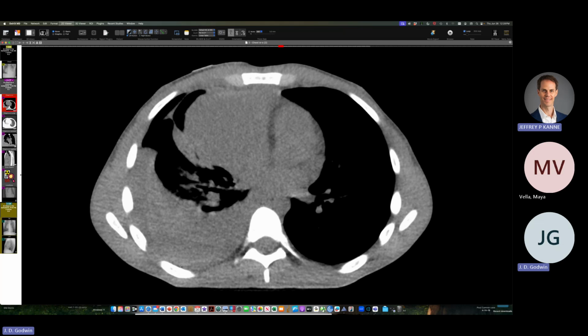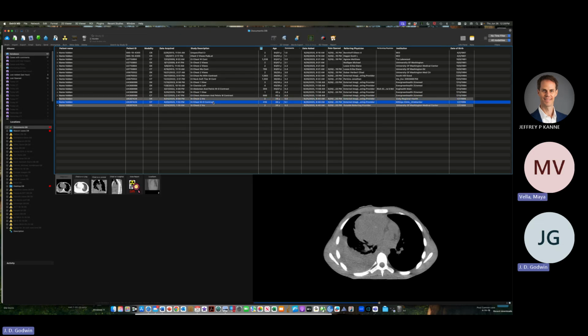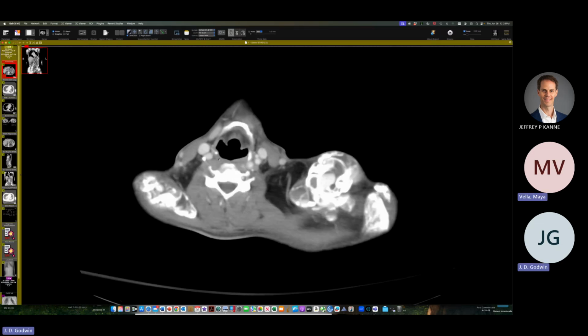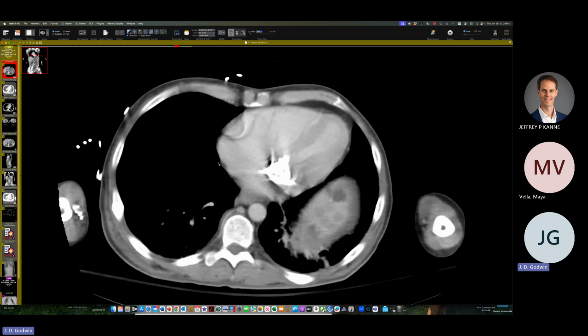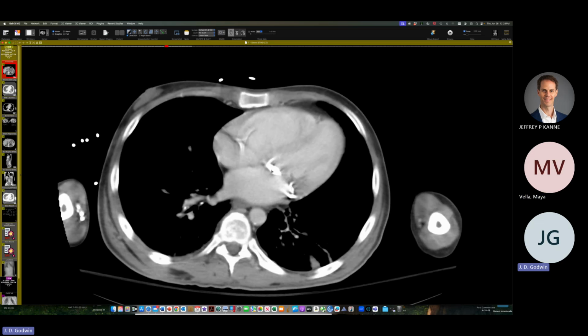So, very cool. I'm not sure that I have any other. I do have this better CT, I think, that I can show you. Let's do this one. This will show you the more extensive. No, this is the more extensive. I'm sorry again. I'm having a lot of trouble with this, getting this display. This is the acceleration of that